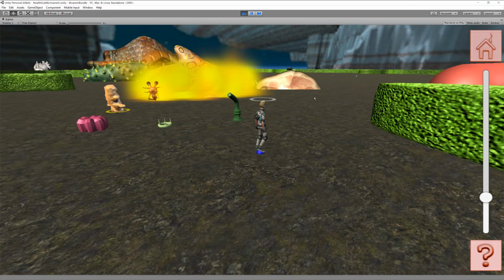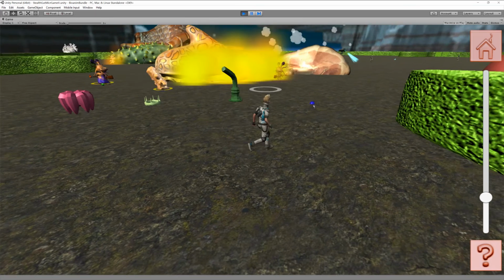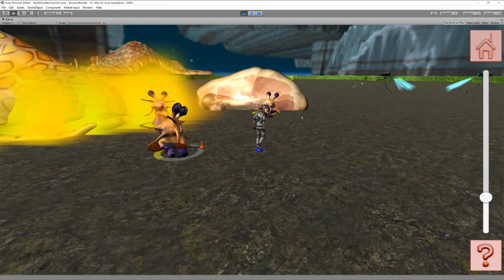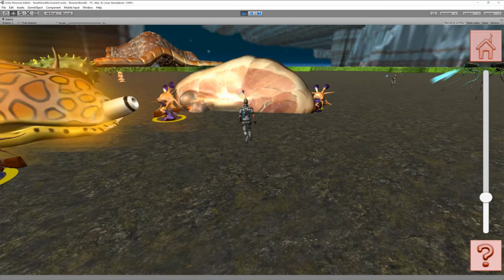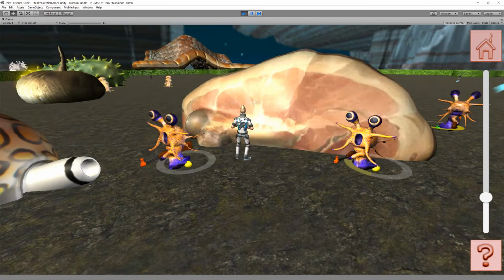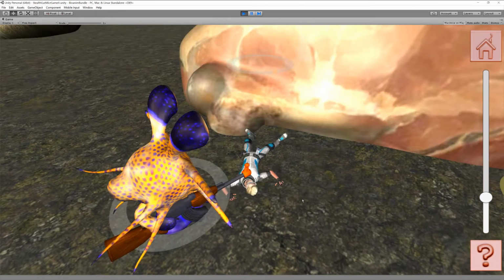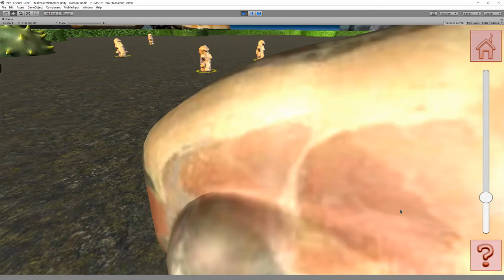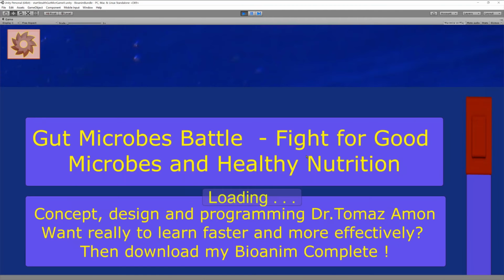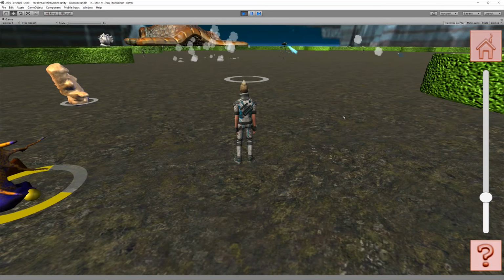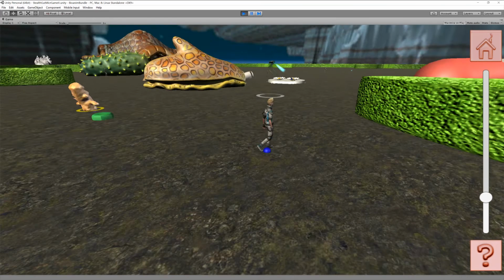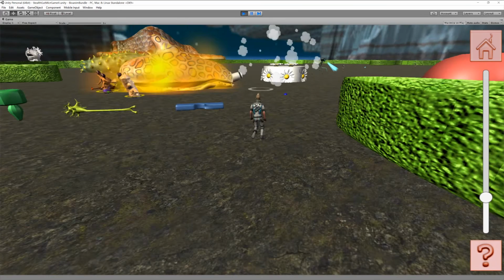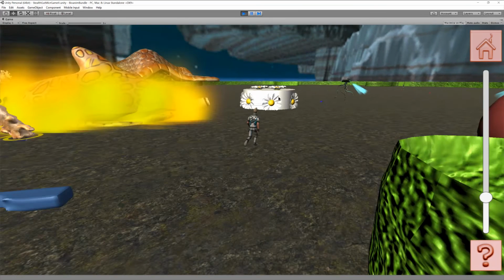There is good food and bad food. If you jump into the bad food, then you get antigens, which is of course not good for you. You see now I died much faster. Let's go once again to explore more. The good food, of course, is the cucumber. The cake is also bad food. You see if I go here, up,